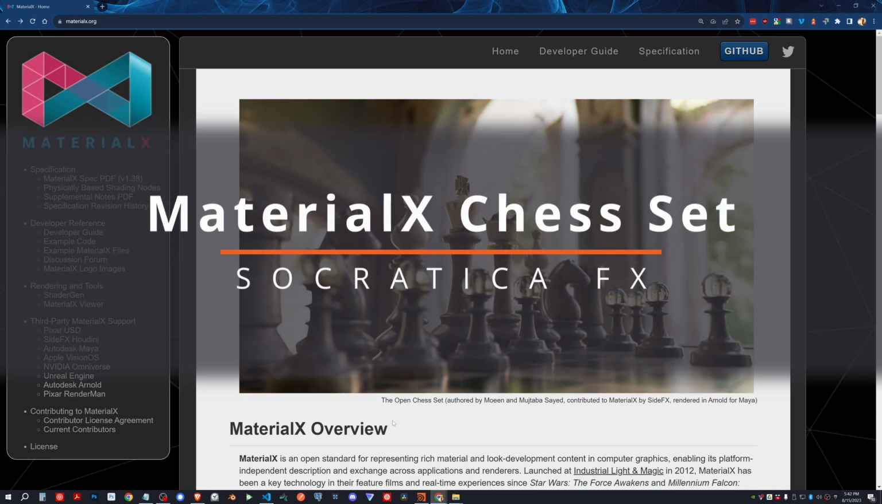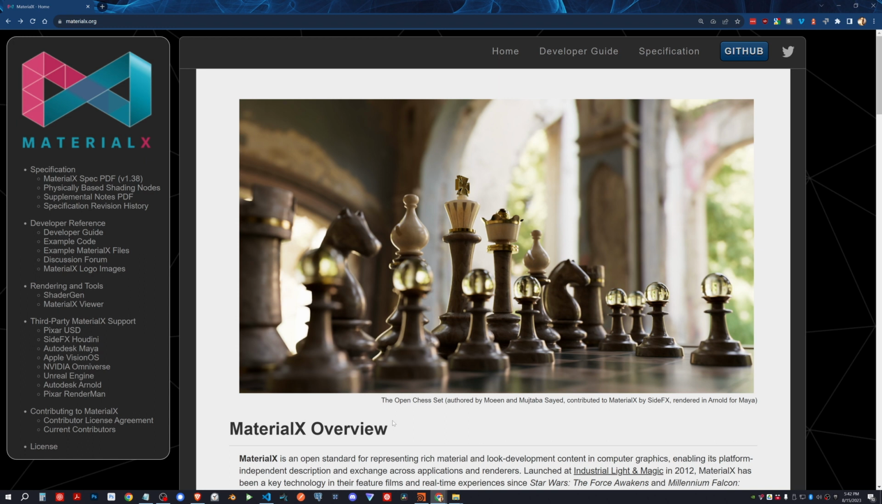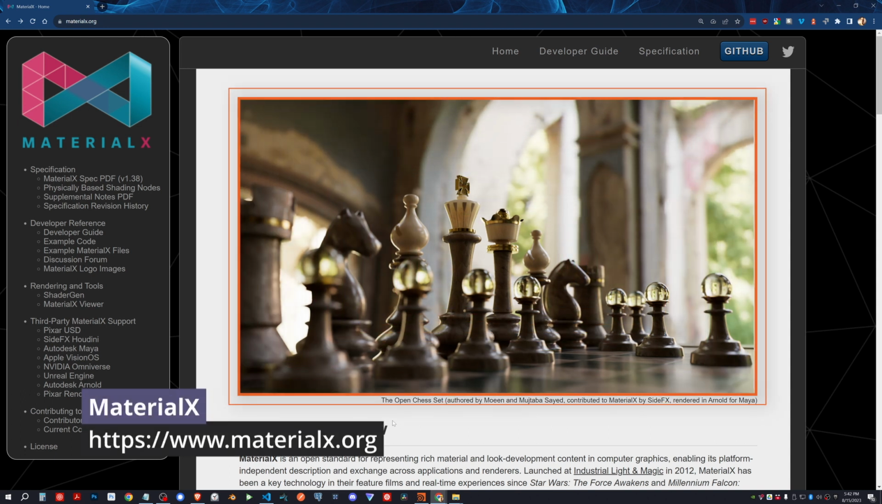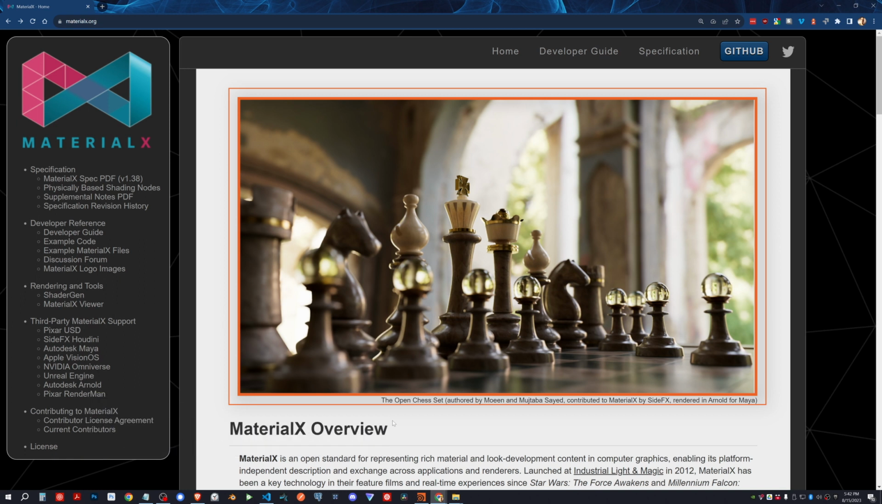MaterialX is an open standard for defining shaders and materials. It was created by ILM back in 2012 and has been open source since 2017. On their homepage, MaterialX.org, there is this beautiful picture of a chess set. This geometry and the MaterialX materials that go along with it are available for you to download and experiment and